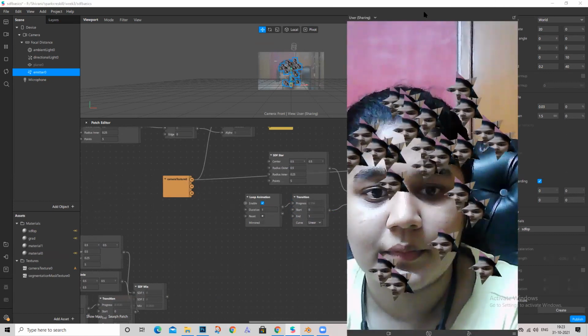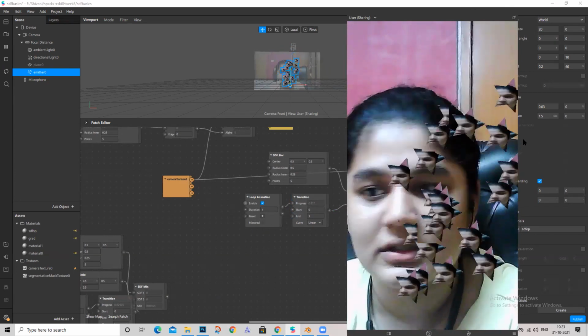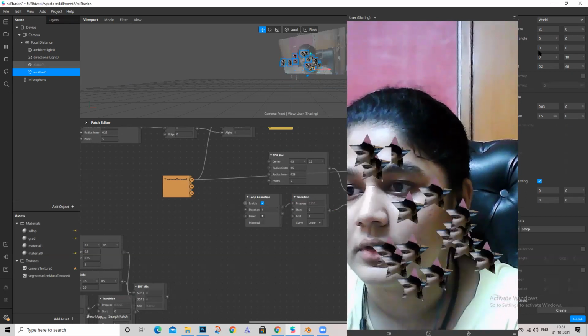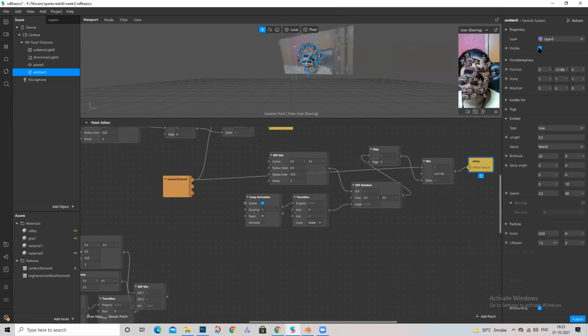Okay, this is too fast. Hold on. Okay, can you see this? If you turn off the emitter, can you see this? This is moving. Yes, ma'am. Yeah, so that happens because of rotation. You have to connect your SDF rotation to your star, and add loop animation. If you don't want loop animation, then don't. You can change the angle over here to whatever you like.